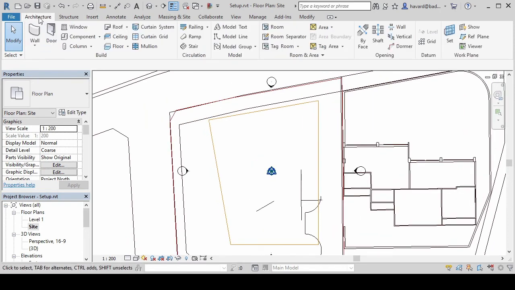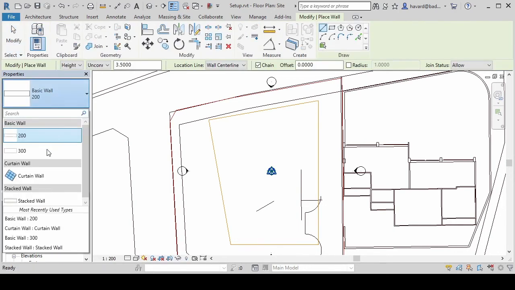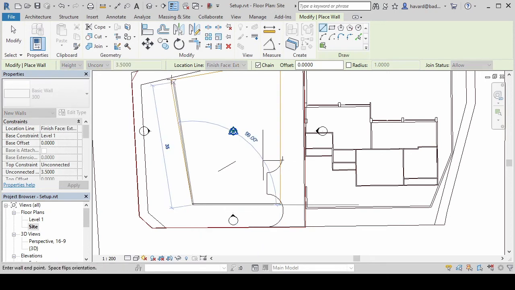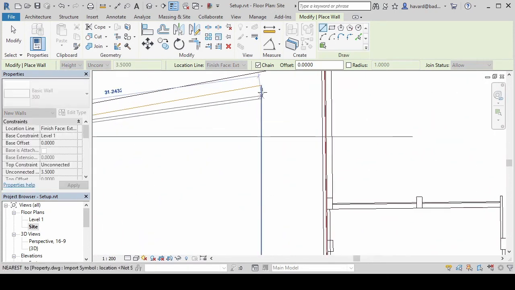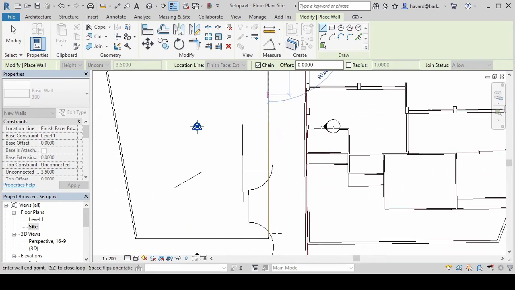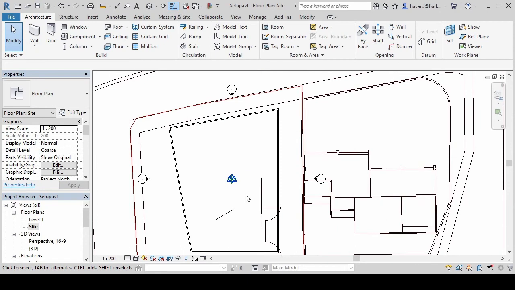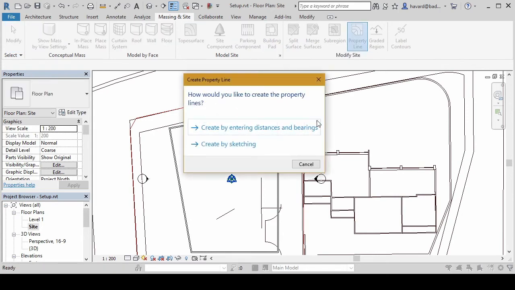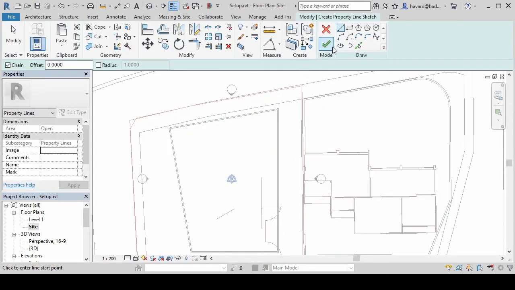So one of the things that we can start off, maybe, we can just model 2 or 4 basic walls using the finish phase exterior along the building outline lines like this to be able to see this stuff in 3D, because we used current view only importing the CAD file. We can also go to massing and site and add property lines by sketch,